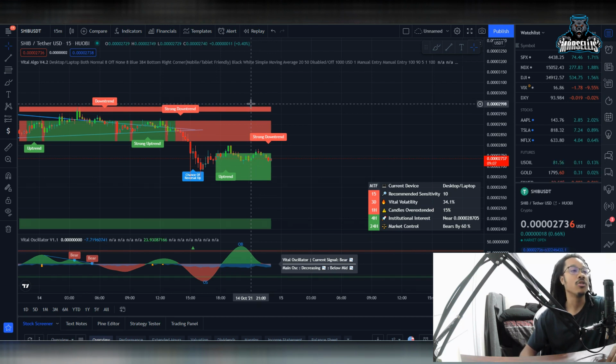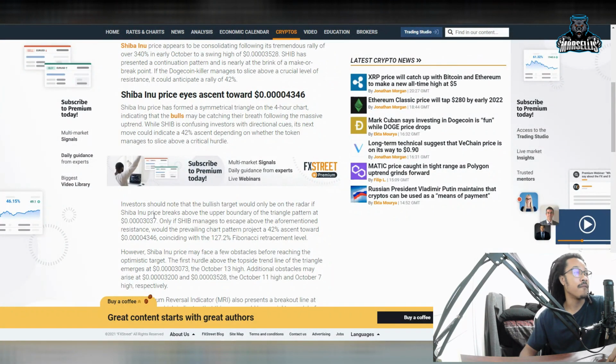So right now what we're going to see here is a little bit of a downtrend. And we just need to continue to get our volume back up here with Shib. Let's keep going over this though. So investors should note that the bullish target would only be on the radar if Shiba Inu price breaks above the upper boundary of the triangle pattern at